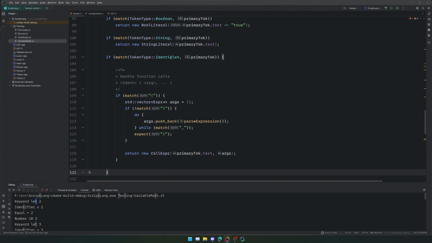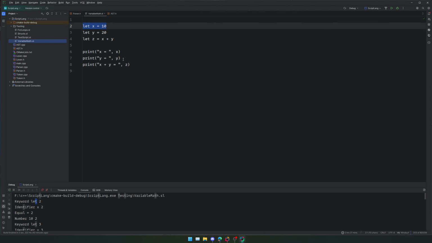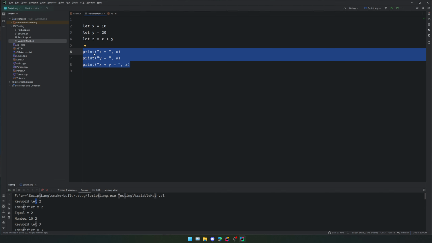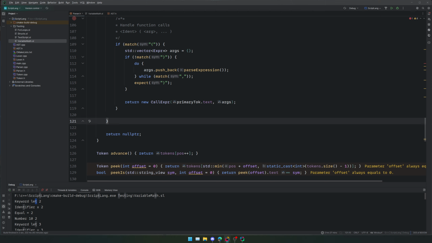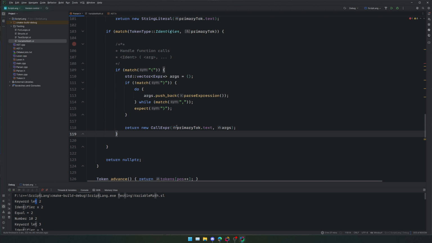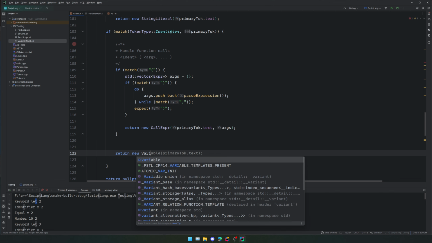That should allow us to handle that. Now what else have we got here? That'll allow us to do our print function. Let me see. In this case here, if we didn't match anything, we're going to return new variable,